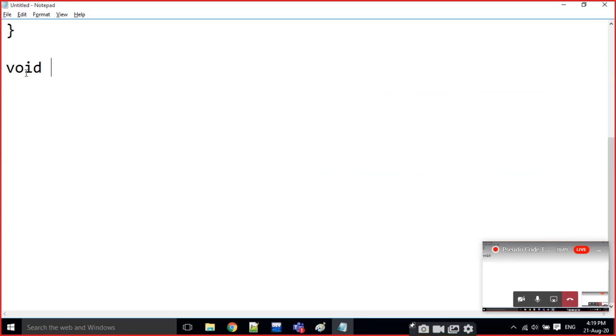Void DQ. What I am going to check here is if R is equal to -1.